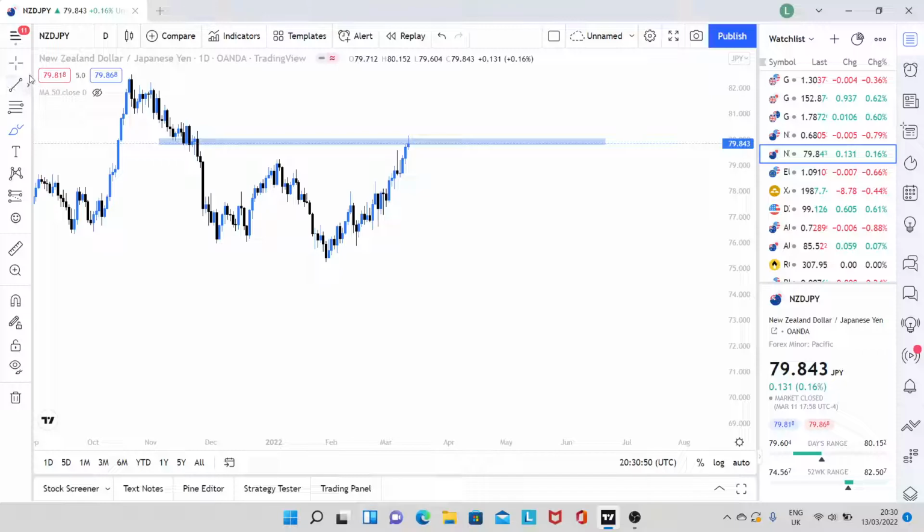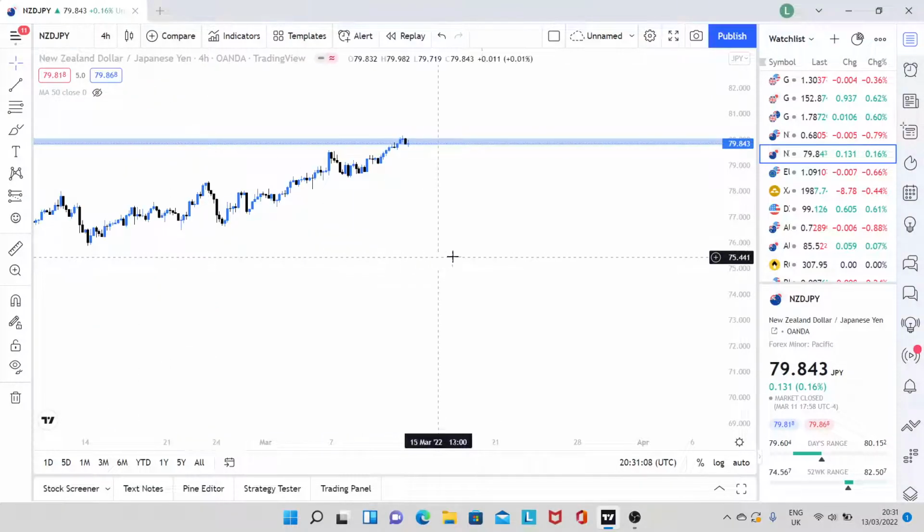If you are in the one-to-one sessions, this is the strategy I teach, and it doesn't actually matter whether you trade intraday, swing, or scalp. This works across the board, and it is a really effective way of extracting some money out of the Forex market. So drop it down to the 4 hour.